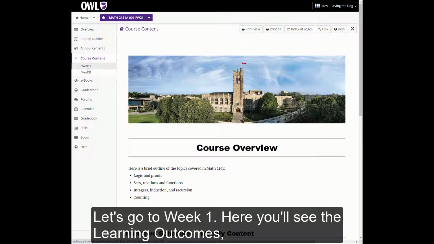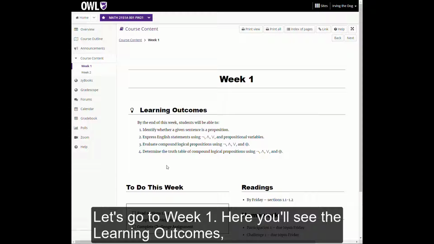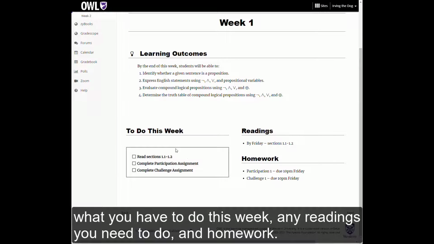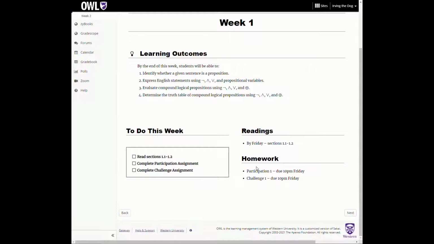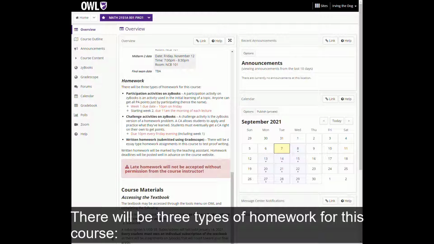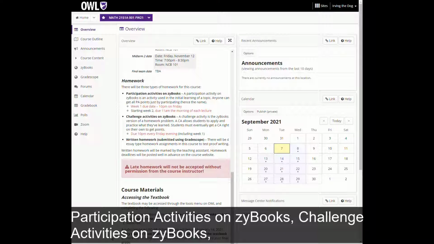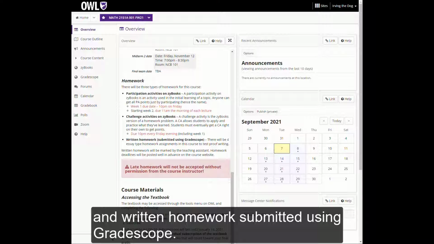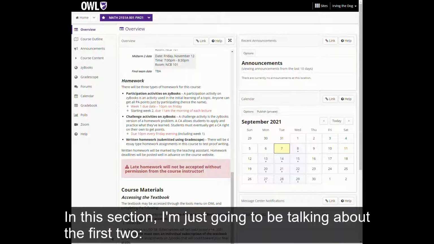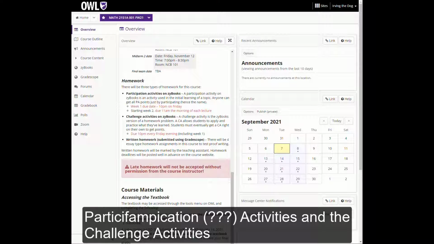Let's go to week 1. Here you'll see the learning outcomes, what you have to do this week, any readings you need to do, and homework. There will be 3 types of homework for this course: participation activities on zyBooks, challenge activities on zyBooks, and written homework submitted using Gradescope. In this section, I'm just going to be talking about the first 2, participation activities and